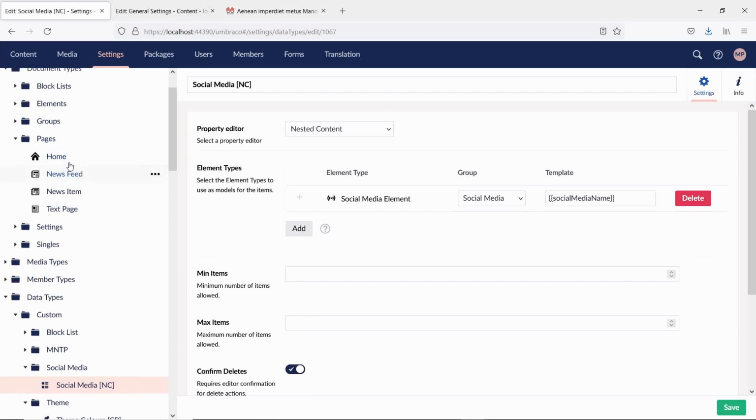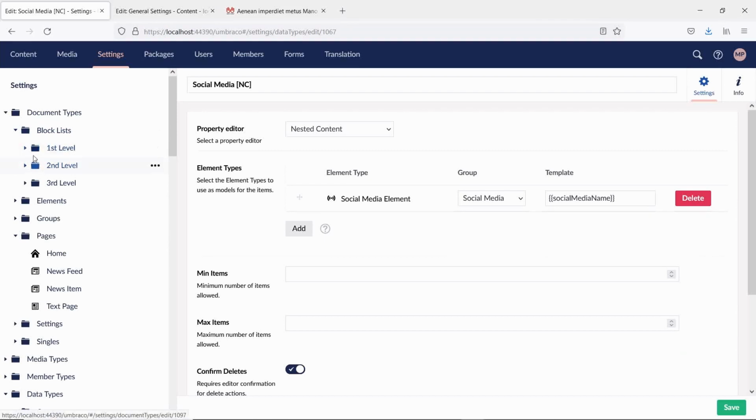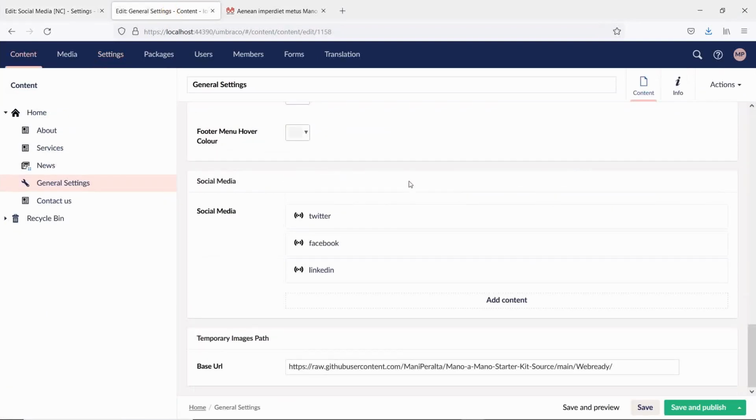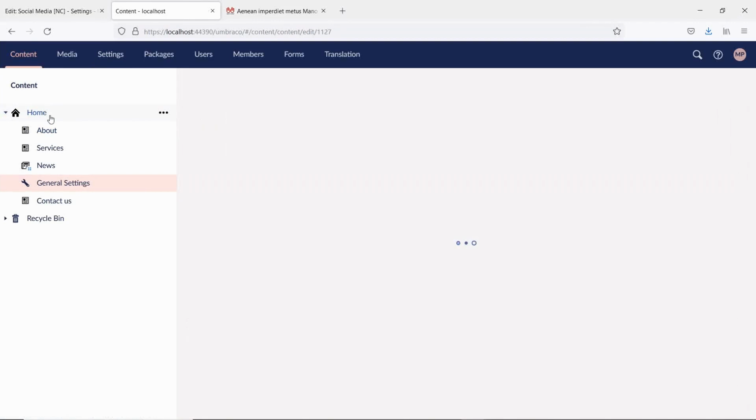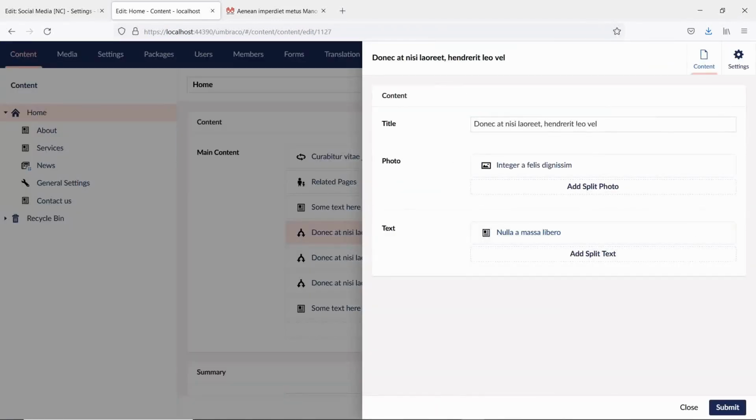Now we have the pages, we have the home, the news feed, news item, and a text page, which we'll look into in a moment. Let me just show you quickly the block lists. The way I've organized it, I've put first level, second level, and third level. As you can see in here, if we go to home, the split content has got, this is the main level. In here would be the first level,